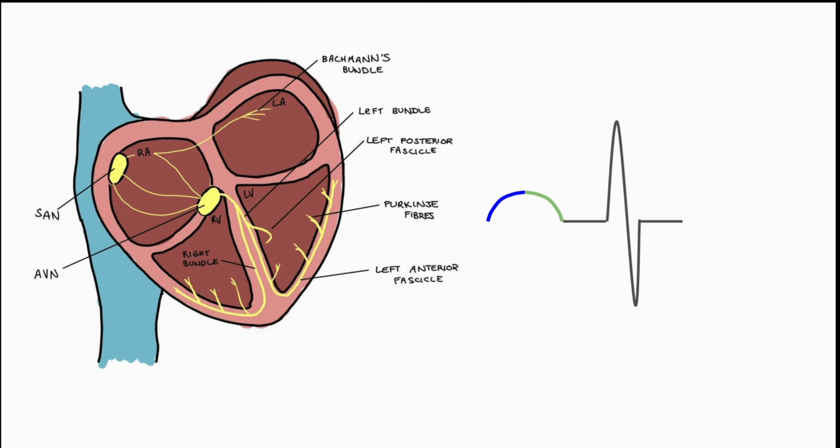This is important when thinking about the differences in P wave morphology in right versus left atrial hypertrophy. So in right atrial hypertrophy, you can imagine that blue section just getting a little bit larger, spreading out over the whole wave itself, making that P wave just on average a little bit bigger, a little bit distorted in shape. However, in left atrial hypertrophy, which we can normally see as a downstream consequence, or upstream, I should say,